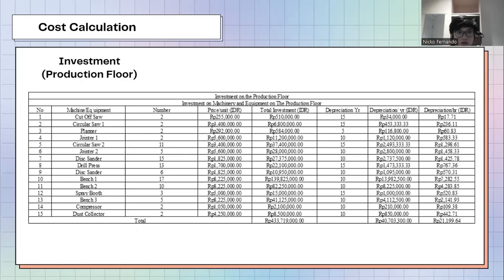We got all of the equipment, and after calculation, the depreciation per year is 40,703,300 rupiah. If we convert it to hours, the depreciation per hour is 21,199.64 rupiah.